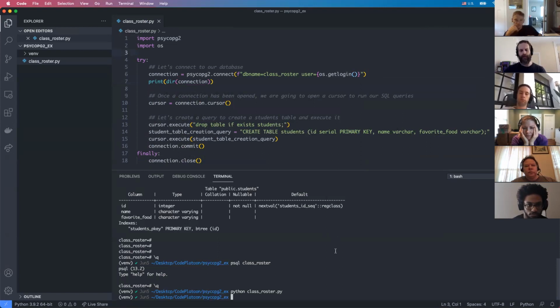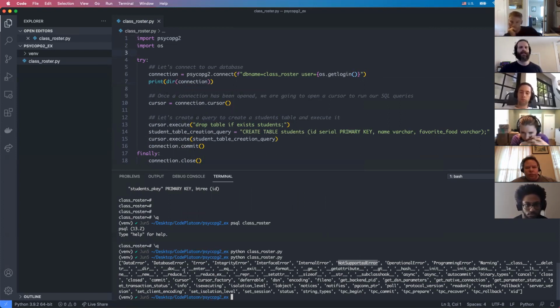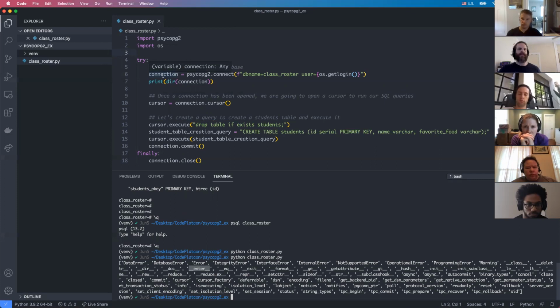So let's check out what's available on the connection object. We get a whole bunch of different kinds of errors for databases. And let's see. We also have enter and exit. So we can see based on the dunder methods that are implemented in this connection class that we can use it as a context manager, which means that we can say with this connection object,